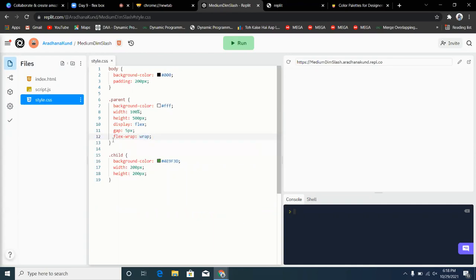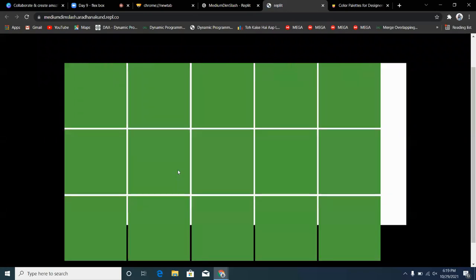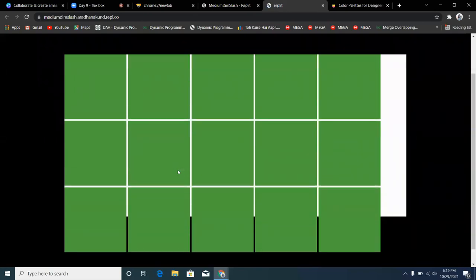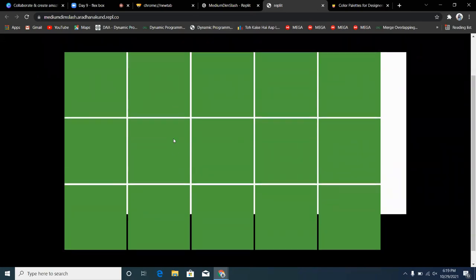If you provide this CSS rule, then it will wrap within the entire parent, but following the norms of whatever width and height is given. So if I now refresh it, you can see that they are behaving as we want them to. They have a width and height of certain pixels, they are following that, and along with that, they are rearranging themselves in next lines.